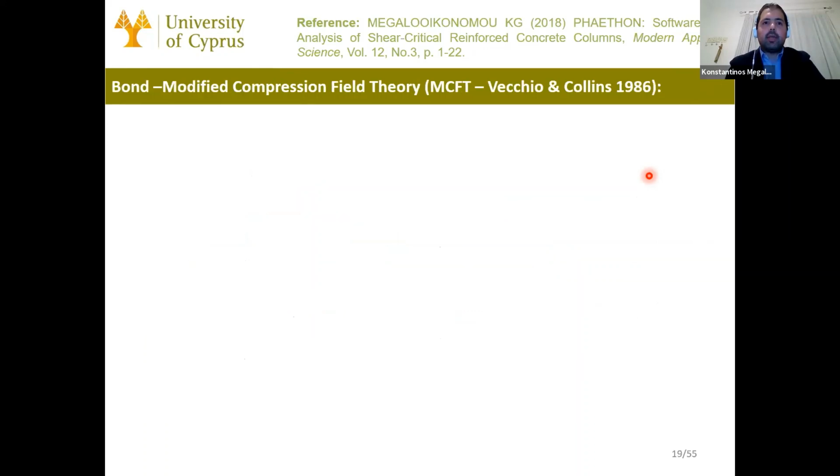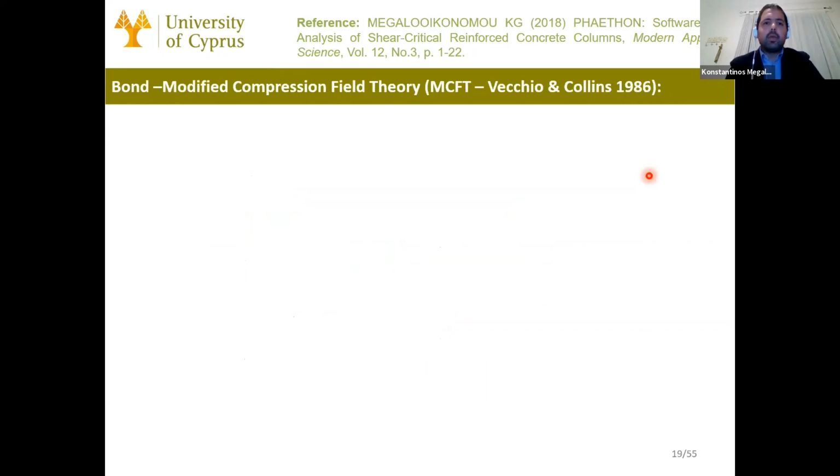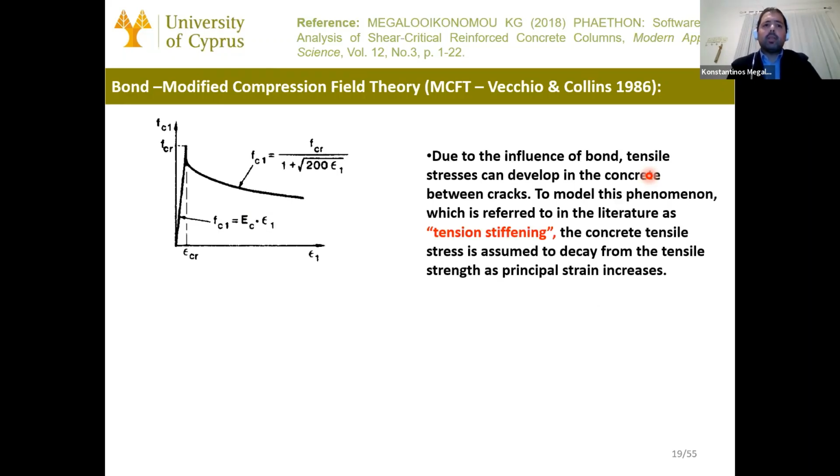Based on this, a constitutive material for the fiber section of this element, a fiber model was based on this using this constitutive material. And as I told you, we saw until now how tension stiffening effect and bond is incorporated through the differential equation of bond. In this case, in the modified compression field theory,